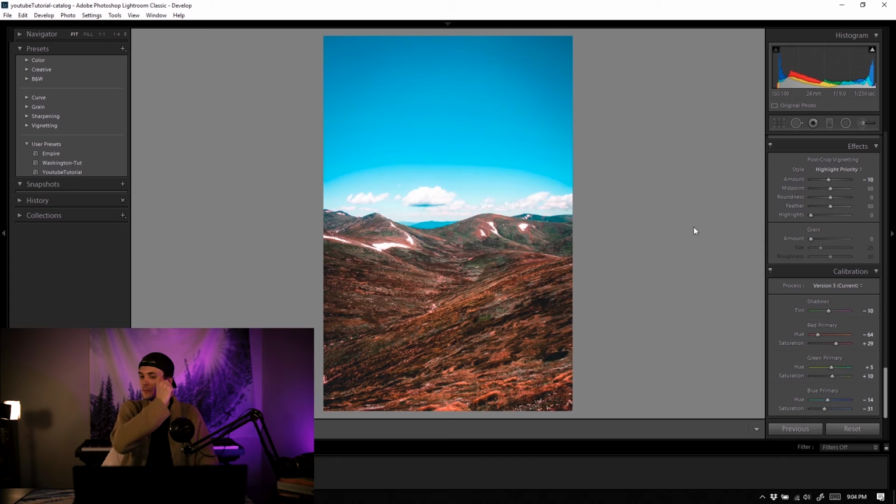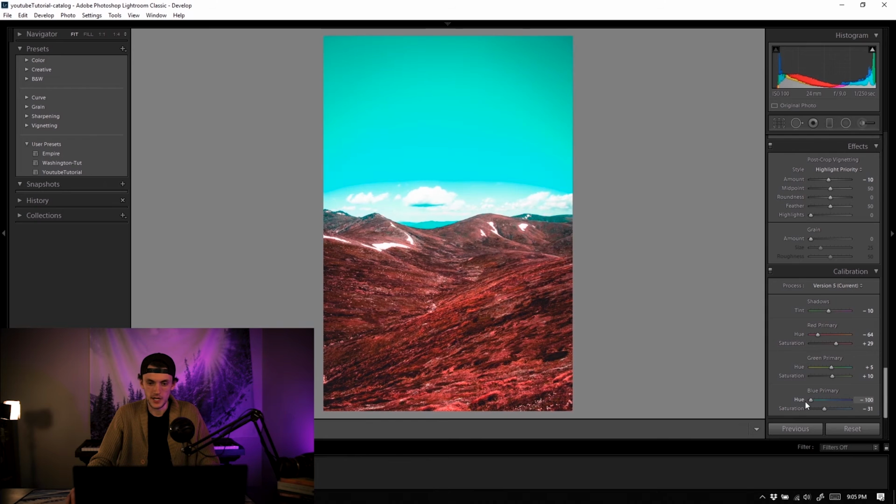Alright, so I played around with it a little bit, and I think I'm actually happy with this. As you can see, I did a little bit in every single section here. And like we saw in the red primary, I liked those contrasting greens and reds, but I didn't go all the way over. I actually did that a little bit to counteract what I did on the green primary, as well as this blue primary. I went a little bit towards this, but not nearly all the way. I went to -14 and brought the saturation down, so it wasn't as intense of a change. And then I went into the shadow tint and brought that towards the greens a little bit, because